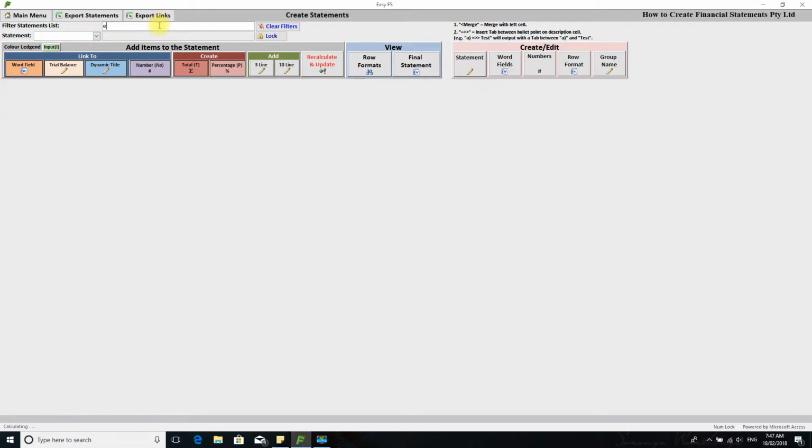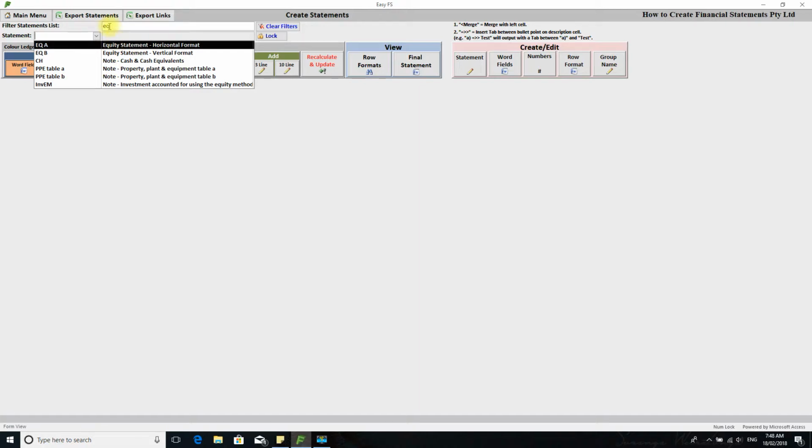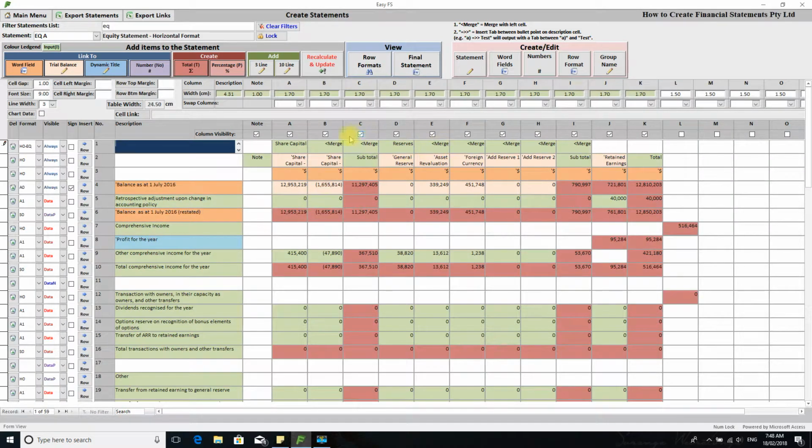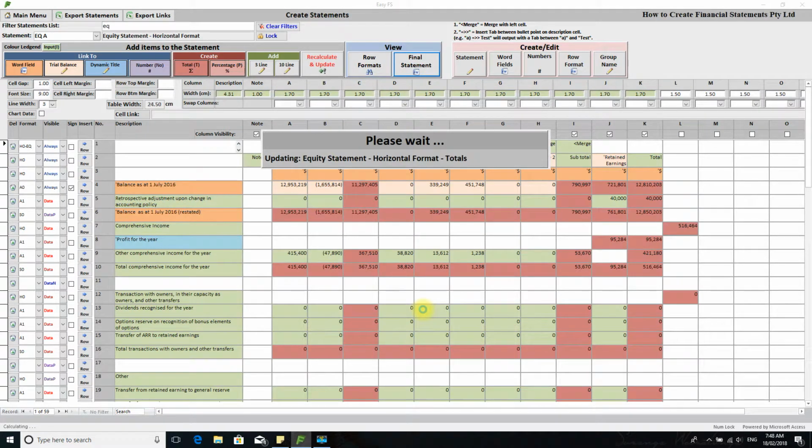So what is this one? Equity. So this is how you can filter it as well. I'm saying equity, so it'll just show me statements that have that in. So I'm going to use a horizontal format. Alright, so as you can see, there's some merged cells. I merged all these cells together and I called it share capital. So if I run the final statement,